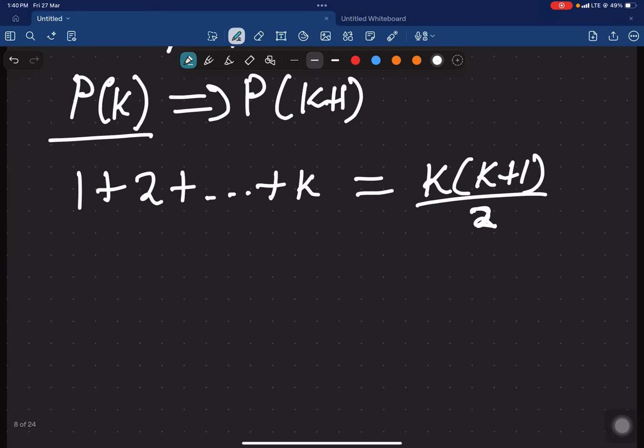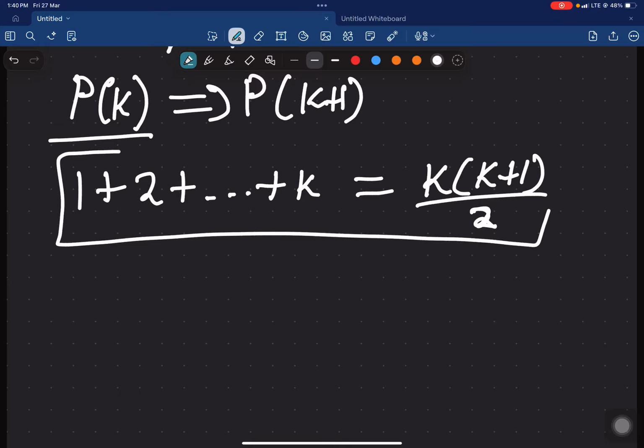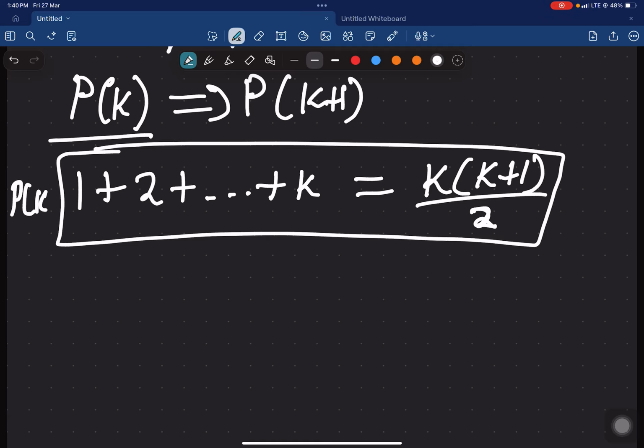This is the left side of the implication. Now we are going to verify if this implies P of k plus 1. So this is P of k. Now P of k plus 1